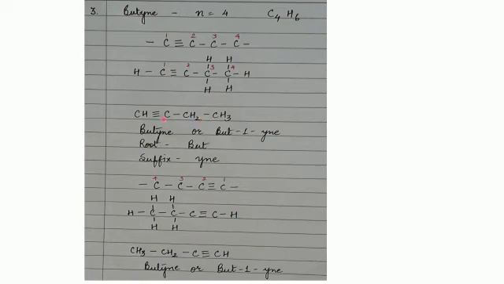Now while naming the compound, we can see 1, 2, 3 and 4 carbon atoms. So it is considered to be a derivative of butane. The corresponding alkane is butane. So we will use only the root word, that is but. Because there is a triple bond, the suffix will be YNE. So you will change ANE to YNE to indicate the presence of a triple bond. Since the triple bond here is between carbon atoms 1 and 2, and out of that only the smaller number is to be selected according to the rule, it will be but-1-yne.